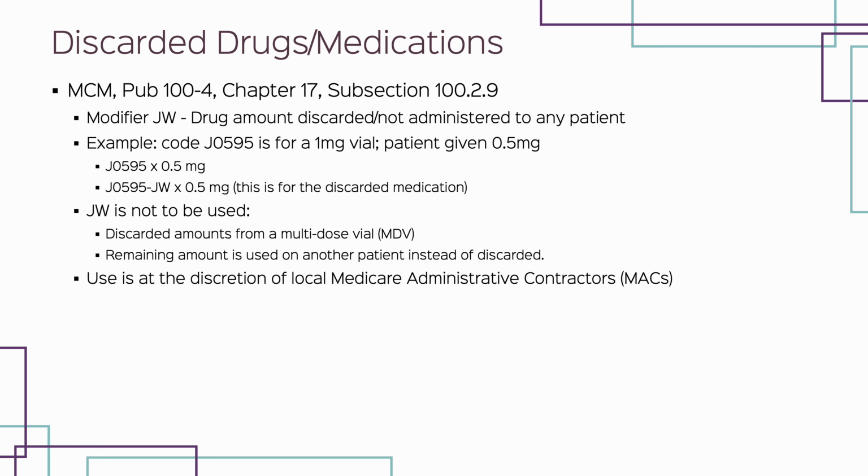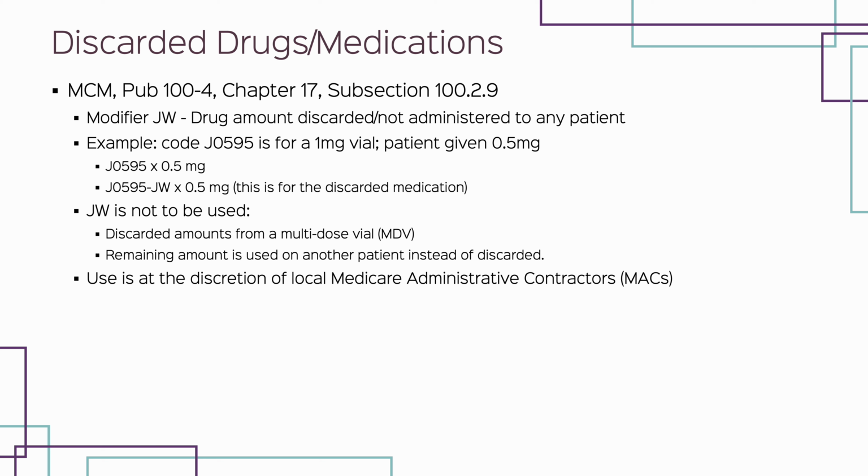This billing policy does not apply when the drug is supplied under the competitive acquisition program for Part B, or if it is a multi-dose vial. To report this correctly, the claim should include one line item for the amount of the drug that is used, and then a second line item for the amount of the drug that is discarded with a modifier JW appended